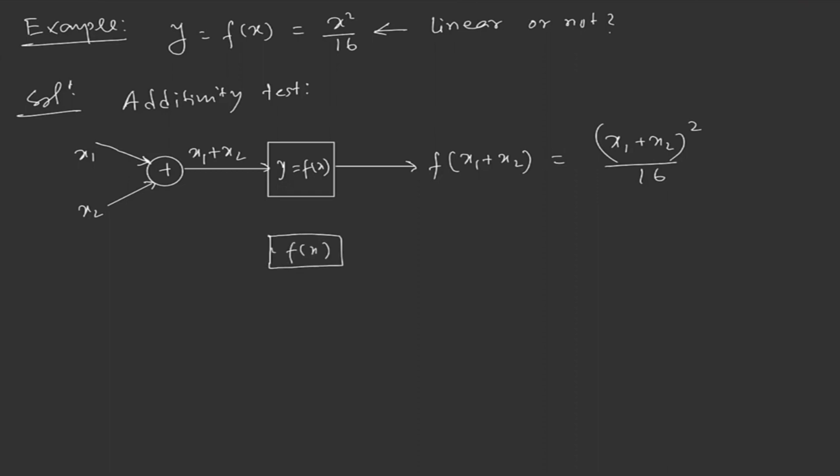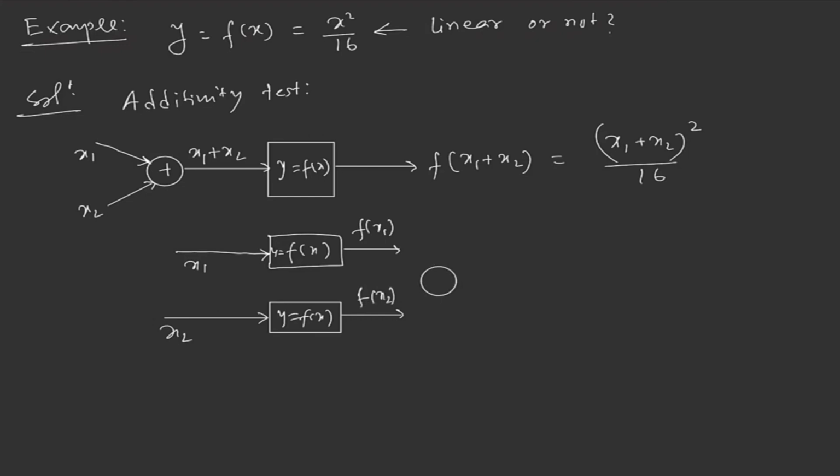This is basically y equal to f(x). I can write the same system y equal to f(x), and we'll apply here x1 for this system, x2, and the output from this we can write f(x1) from this block, f(x2), and if you sum both the output through the summing point, we can write